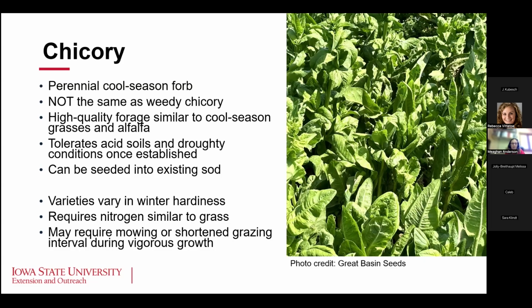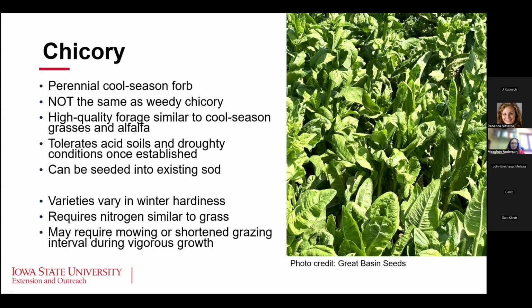an existing sod too. Varieties of chicory will vary in their winter hardiness. It will require nitrogen, similar to how grass requires nitrogen. So maybe 100+ pounds of nitrogen per year for optimal production. But you also have to balance that with the fact that adding nitrogen is going to very quickly send these into their reproductive growth. And so you have to have your livestock ready to do that feeding as it's sort